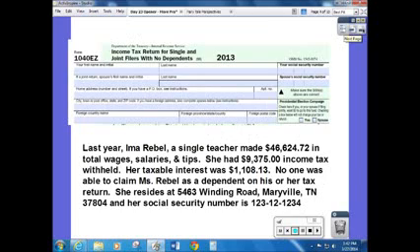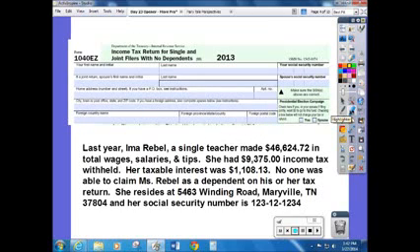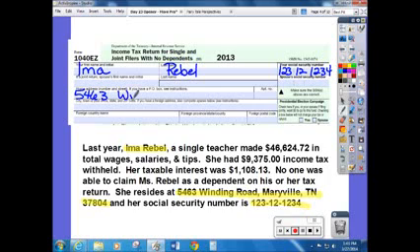So let's start our tax return. What we'll need is her name, her address, her social security number, and that should be it. So let's go ahead and fill out the top part. We don't have a middle initial, so we'll just leave that blank. Rebel, her social is 123121234. Her address is 5463 Winding Road, Maryville, Tennessee